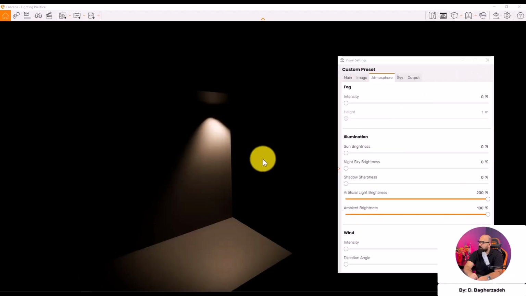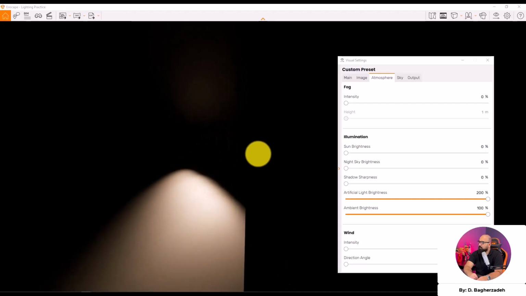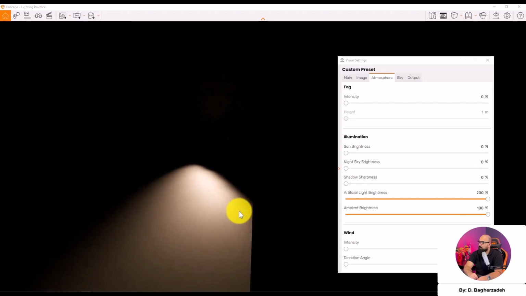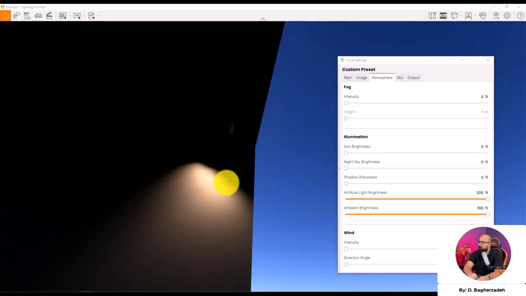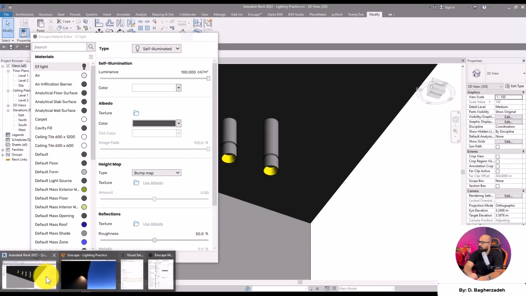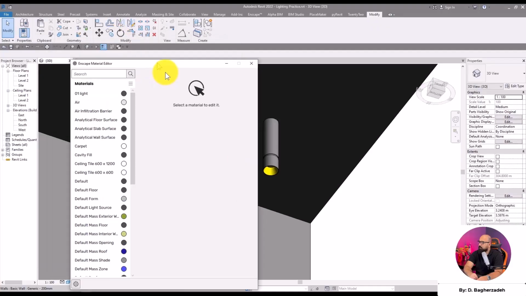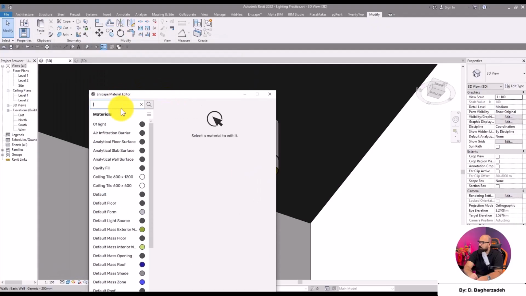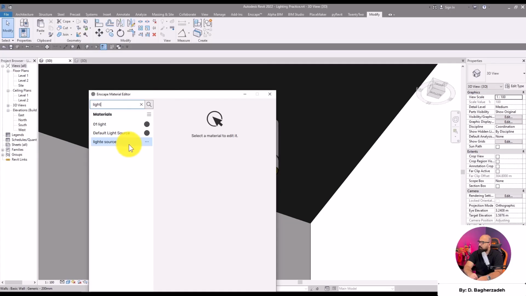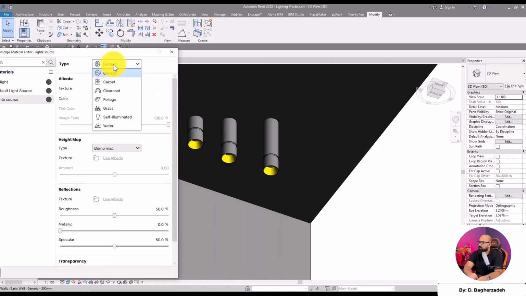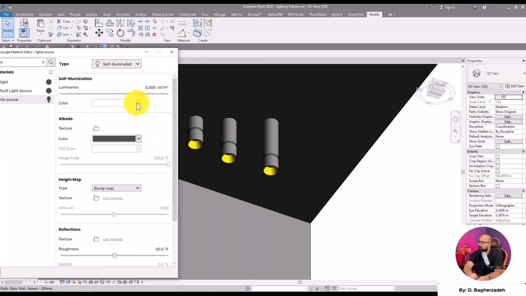Let's check this in Inkscape. Okay, let me add a little bit of daylights here to check what we have done. Okay, seems like we don't have sunlight. Okay, don't worry, let's do something else. From the materials list that we got in Inkscape, we should have a light source here. Yeah, here we go. Let's select it, and in here, set it on self-illuminated. There we go. Now we have light